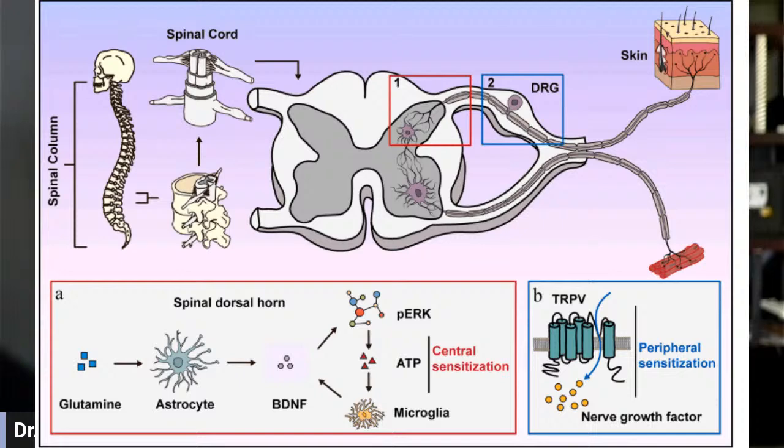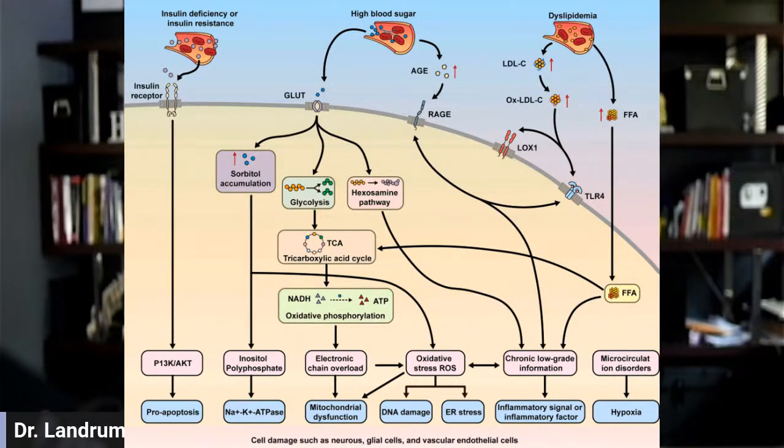So what we can see is the spinal cord that's present. We can see the areas of the dorsal root ganglion and the dorsal horn and how they relate to the skin and how they relate to the muscles. What we know is that there are certain areas of central sensitization and peripheral sensitization that are accentuated by certain molecules and certain channels. So when we continually look at this and think about, for instance, diabetes and how neuropathy occurs, we can see that there are multiple different pathways, which I won't take you all the way through. But as we just mentioned, there are things with circulation, inflammation, and elements of oxidative stress. And all these things can be targeted by going after them in a different way. So let's take a step back from the fancy science stuff for a minute.